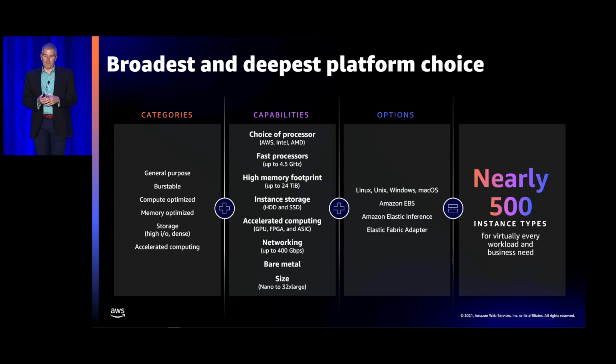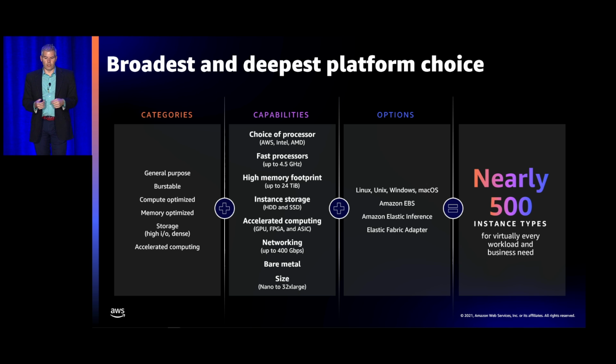All right, I spoke briefly about the usages of AWS instances on the prior slide, but I'd like to give you an overview of the entire offering that we have. So today, I think you've probably heard this in a couple of the keynotes. AWS offers the largest, the broadest, and deepest compute platform with nearly 500 instances. I believe Dave Brown specifically called it out as 485 instances, and we continue to add more. If you come back to re:Invent next year, I'm sure the number will easily be over that 500 mark.